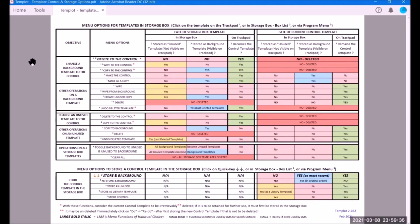The sets of controls which can affect these, if we deal with opening a storage box template first, the top 2 rows deal with operations on a background, i.e. visible template. The next 2 rows deal with commands which operate on an unused invisible template, and then a couple of controls which can operate on all storage box templates. I've tried to make the effects of these commands a little clearer with a traffic lights type of system,